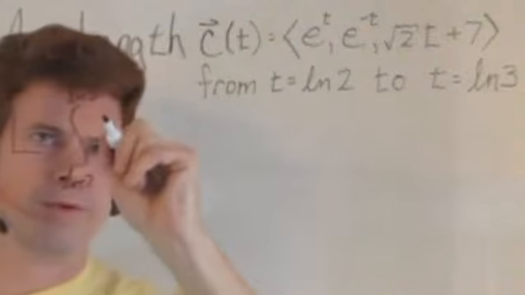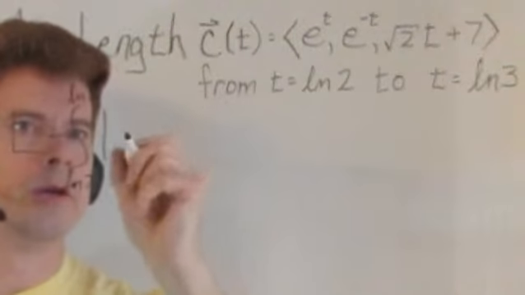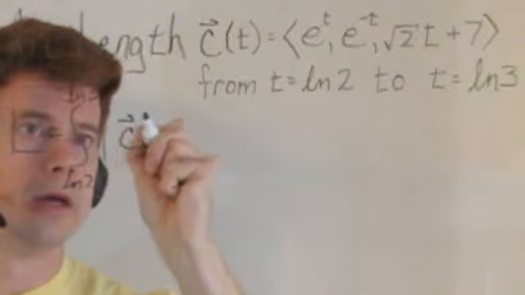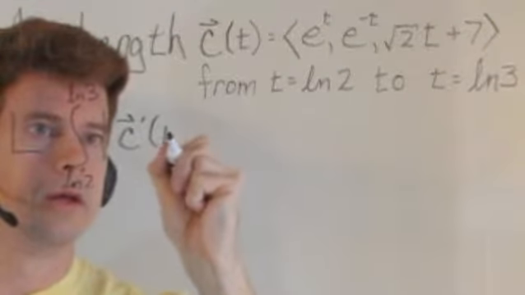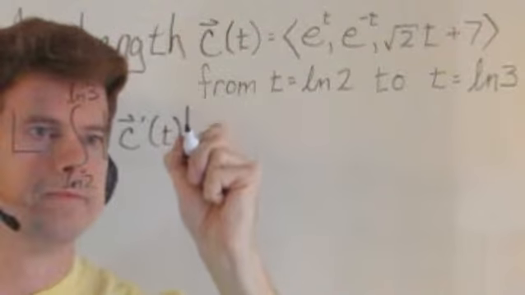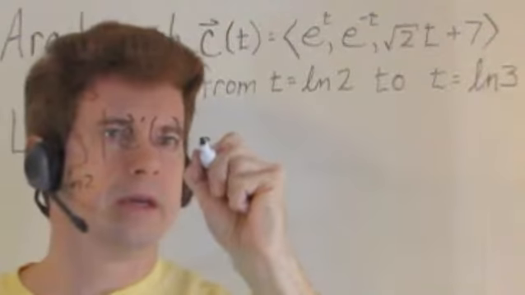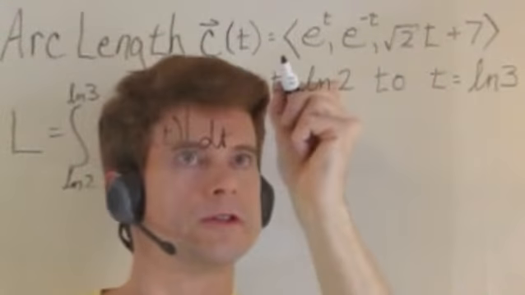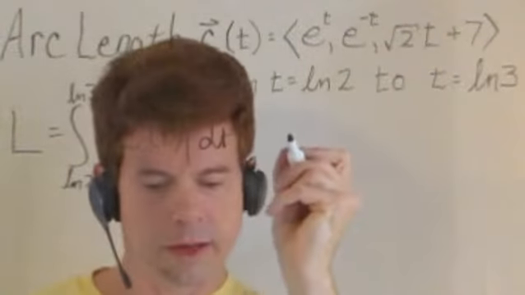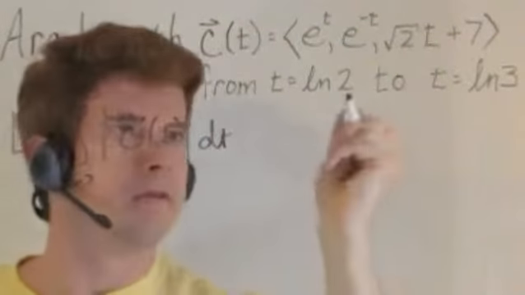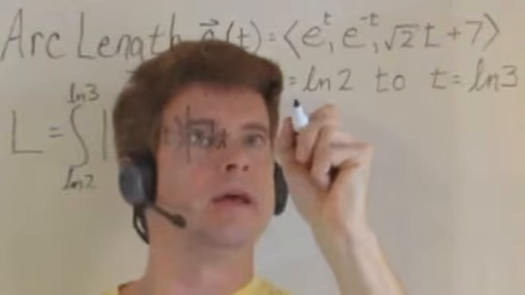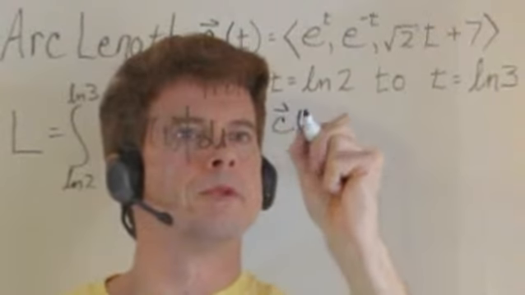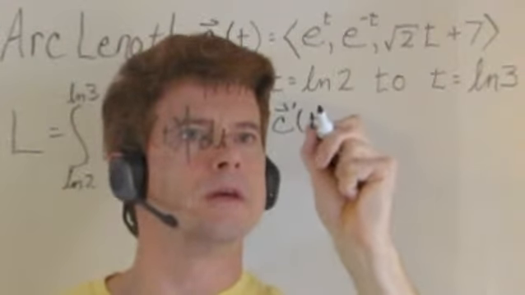and what we're looking for is the magnitude of c prime of t dt. So first of all, we need to get our c prime and do the magnitude of that. So c prime of t